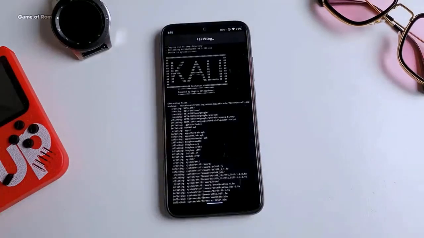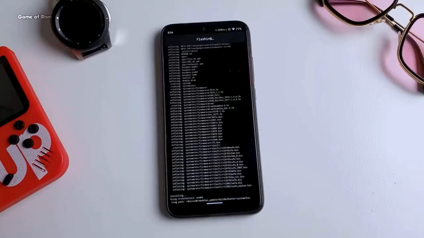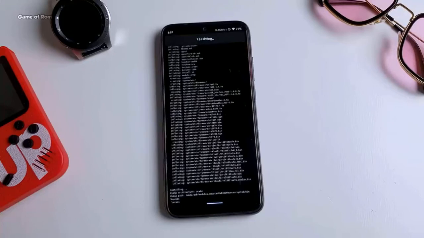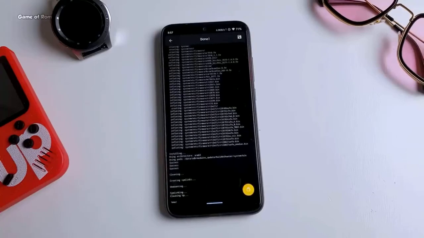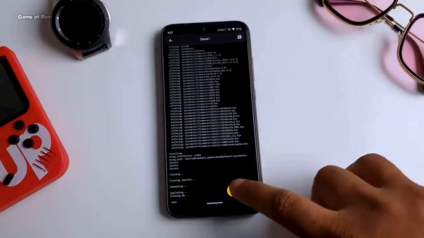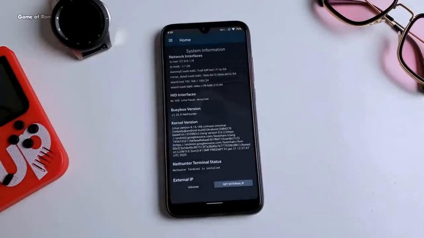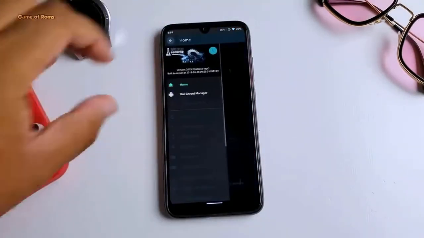Now just wait for one minute. Once it's done, just reboot your phone again. So this is how you install Kali NetHunter on your phone.